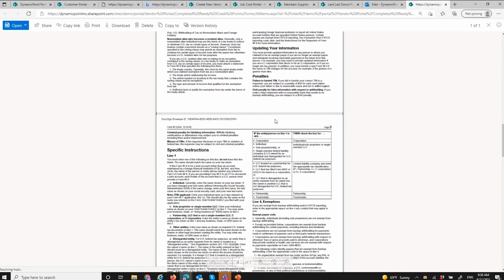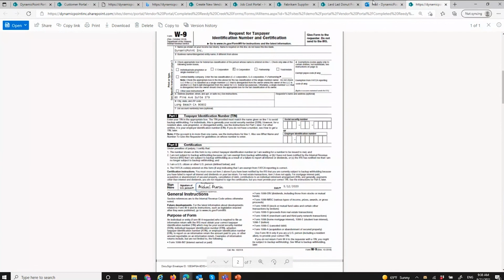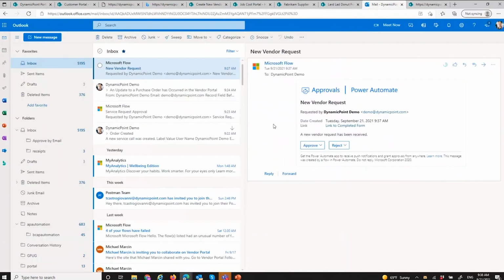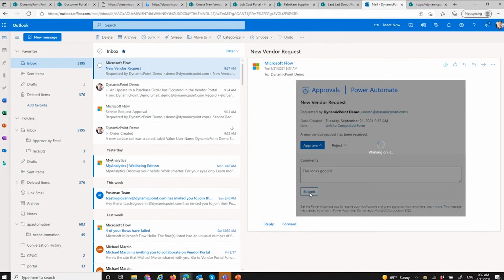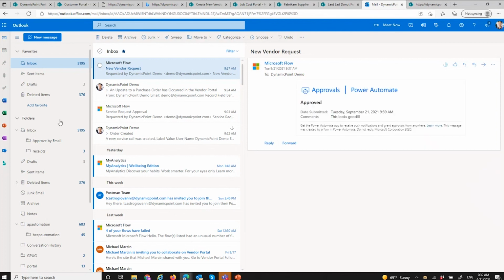I only included a W-9. Obviously, it'd probably be more of a statement of work and things like that. And then I could approve or reject it. And submit. By me approving this, it's going to move forward in the workflow. My approval process is pretty simple. I only have one tier of